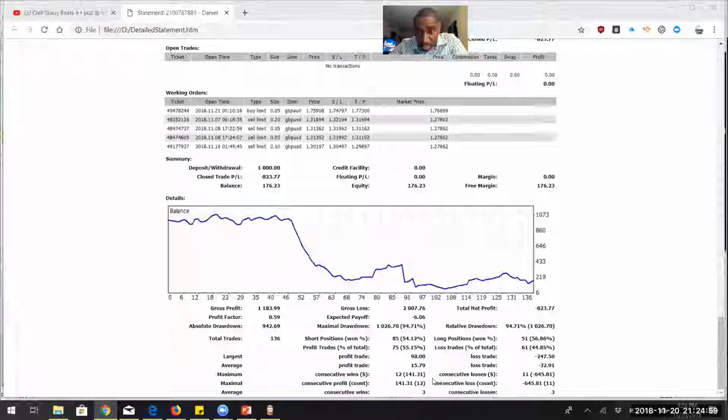I've had consecutive wins of 12, consecutive losses of 11, consecutive profit, 141, consecutive losses, 645. That was that. This dip here. I know that one for sure. That was that USD CHF trade when the news came out. My account just dropped. But nonetheless, guys,